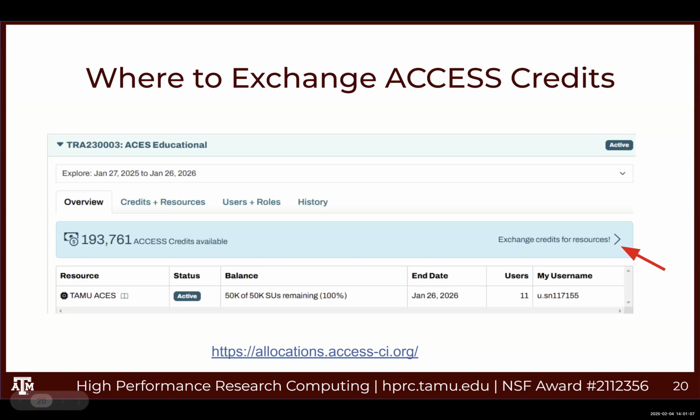And I started, I believe, like I said, with 200,000 ACCESS credits. And I still have a lot because I didn't exchange very many yet. There's a reason for that. So I'm going to go ahead and tell you that before I forget to tell you,